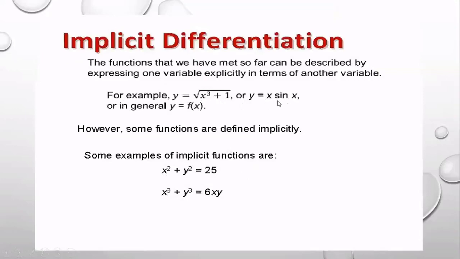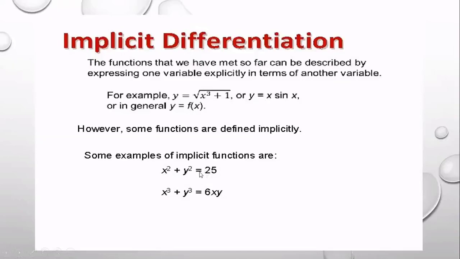So this sort of function we call, for example, y equal to something, it is explicit. Some functions are defined implicitly. Some example for implicit function, x square plus y square equal to 25. What I want to tell you, so far you learned this explicit differentiation. Now we will see this implicit differentiation. Implicit means x and y are in the additive or subtractive or multiplicative or composite manner. Both are joined together, right?